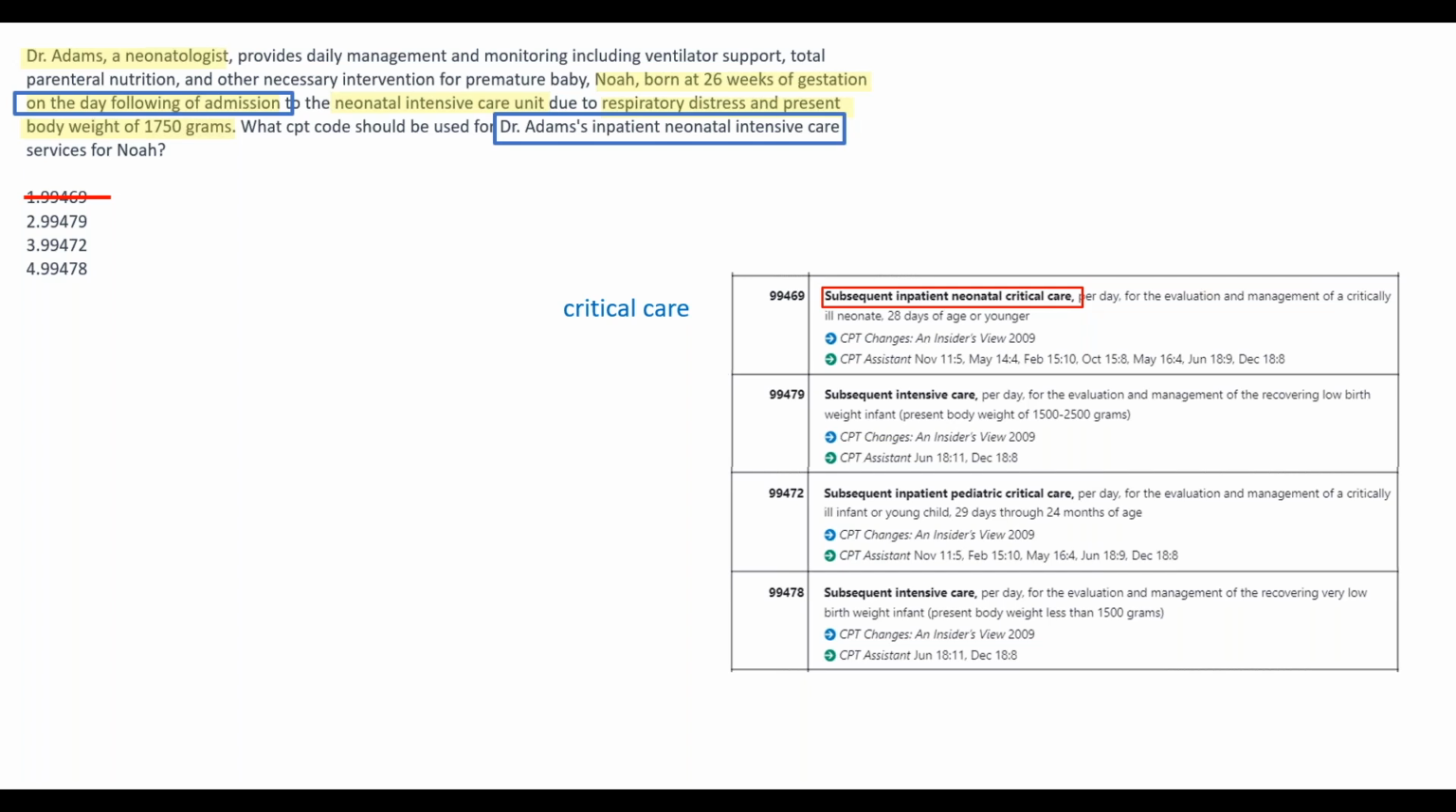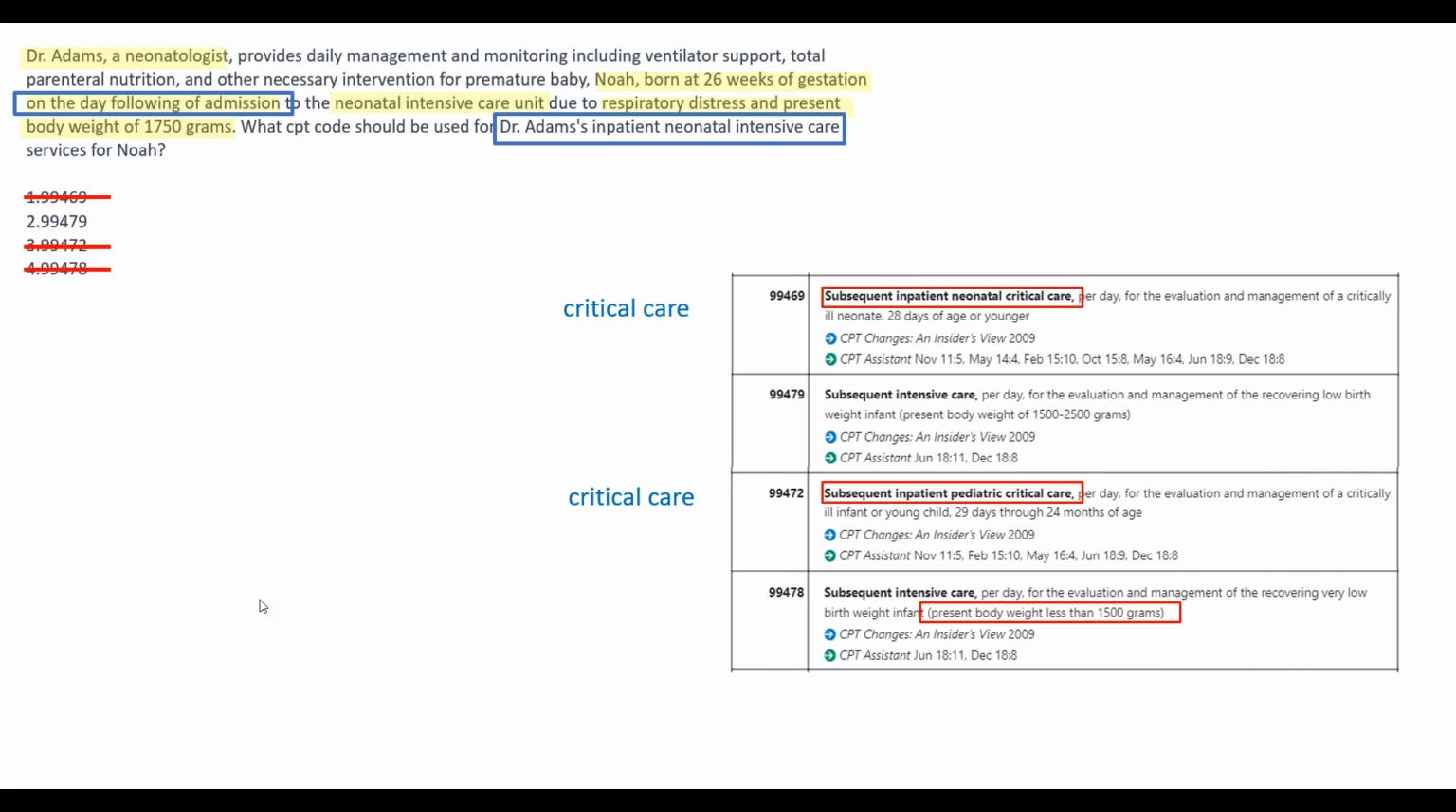And what are we looking at here? We are looking at Dr. Adams' inpatient neonatal intensive care services. And neonatal intensive care services are different from critical care services. Exactly, yes. And I can eliminate option C as well, which is 99472. Why, coders? Because of the same reason. This is also coding for a critical care service. And what we are coding for exactly is NICU. We are coding for an inpatient neonatal intensive care unit service. So option 1 and option 3 are incorrect, and option 4 also is wrong, which is 99478, that is for